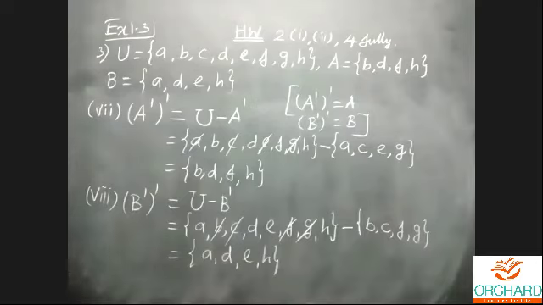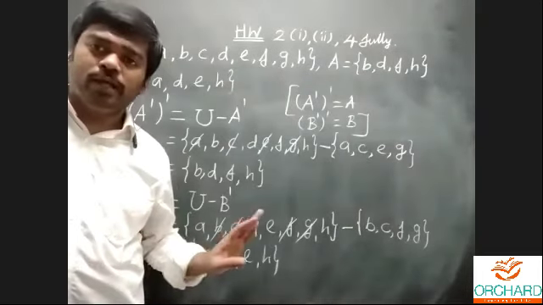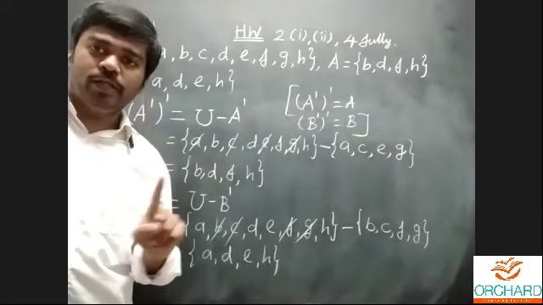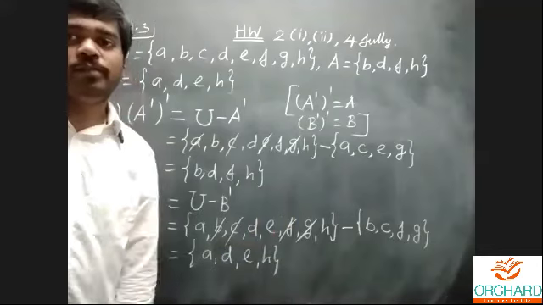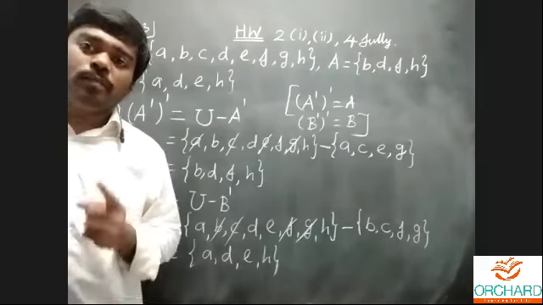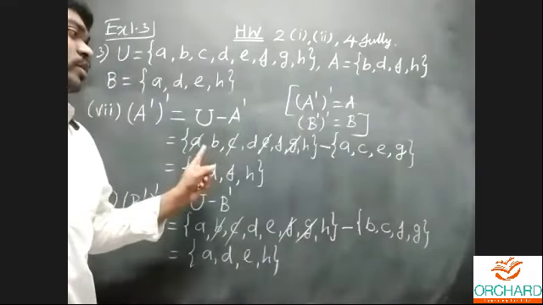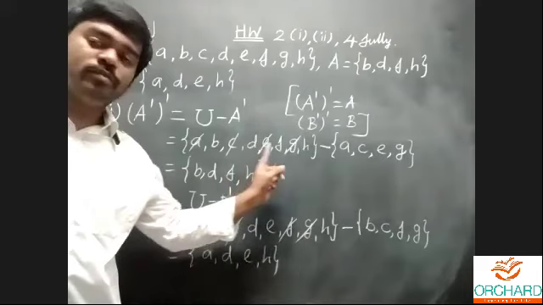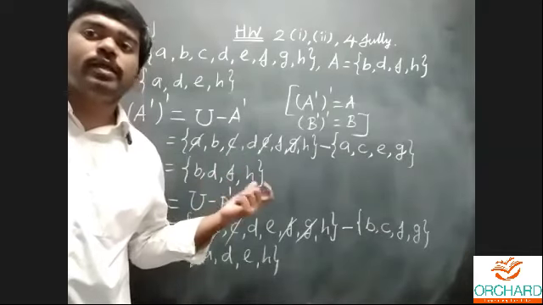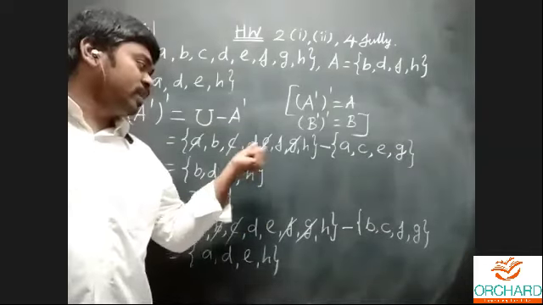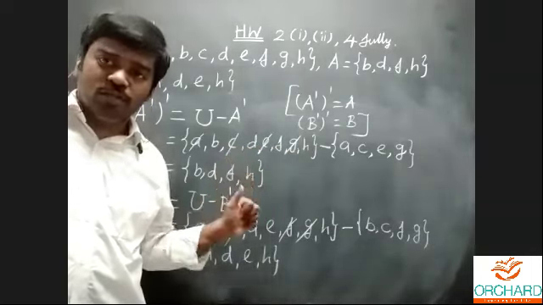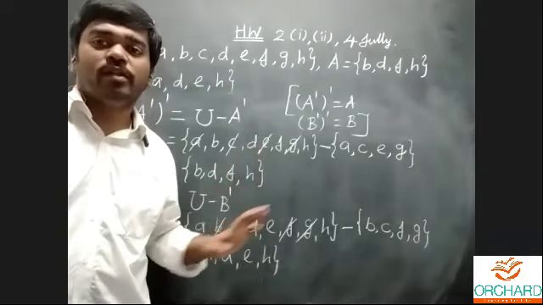In this chapter, one uniform idea applies to all the 8 subdivisions: universal set difference the given set. The sets are not difficult, very simple. But one thing is very important: strike out the elements carefully. A lot of students make mistakes here. Strike out the elements using a pencil, then you can easily rectify your mistake. Suppose instead of E you mistakenly strike out D, then when you cross check, you can easily change it and write down the answer.